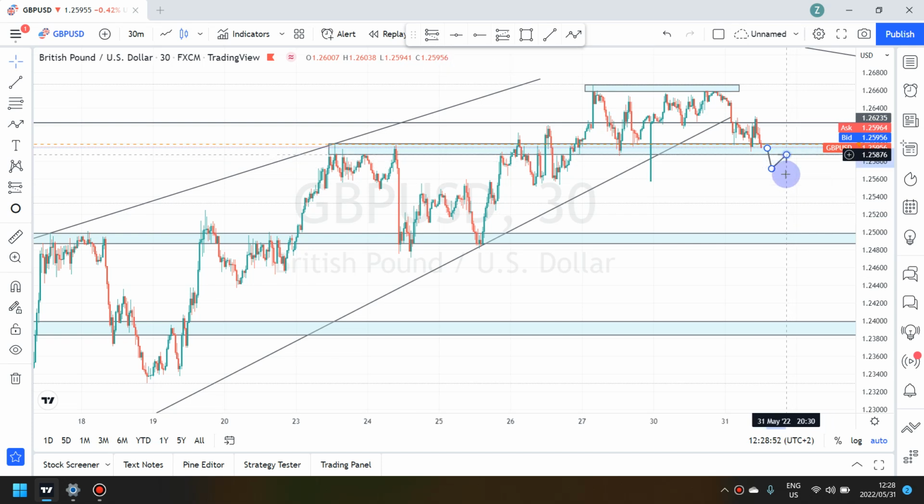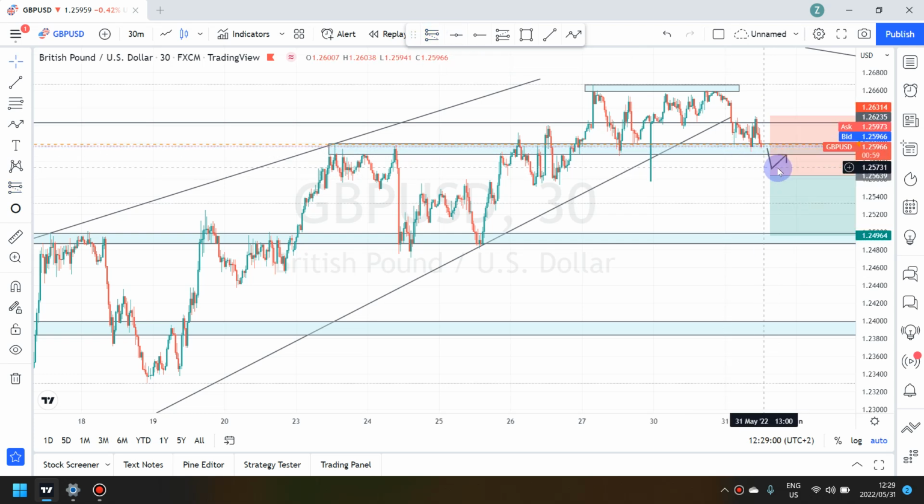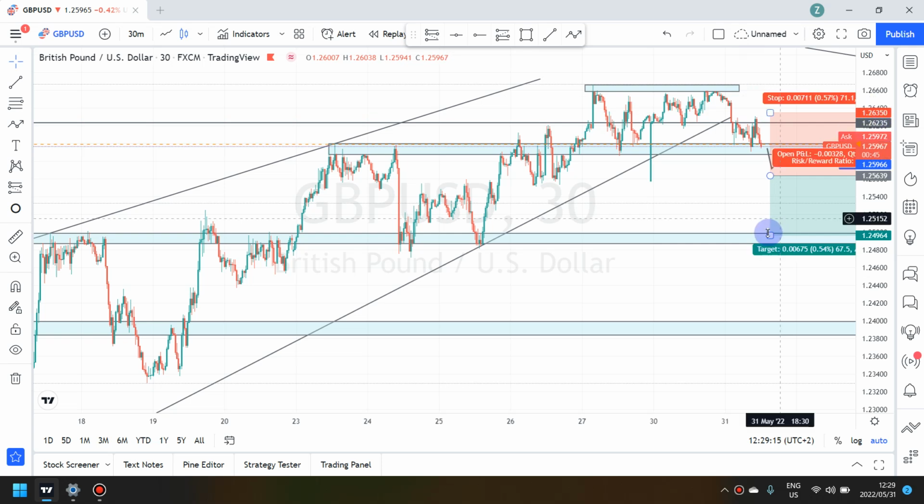So what we would do once the market reaches there is to place a sell stop just below where it reversed, and our stop loss is at this level here, which is 1.26350, and our take profit would be,